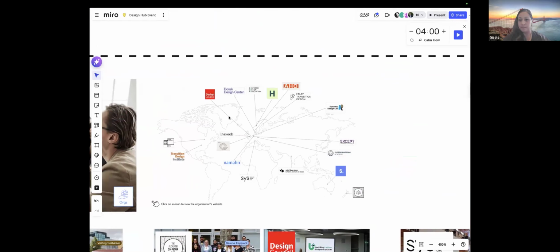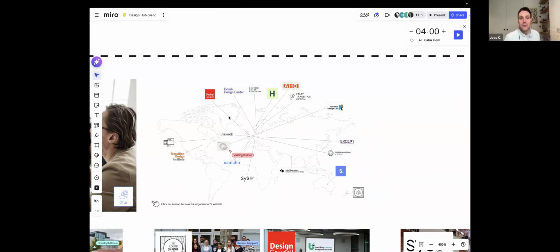Okay. So National Institute of Design in India. NAMA, I talked about. Systemic Design Lab, there's a few of those, one at ETH Zurich. There's one at TU Delft, and there's one also at the Polytechnic in Milan in Italy.